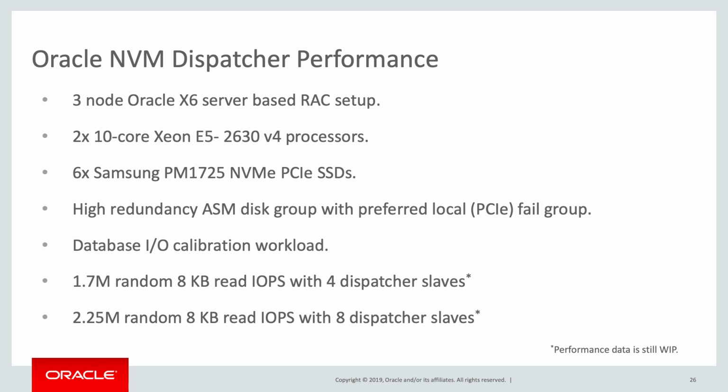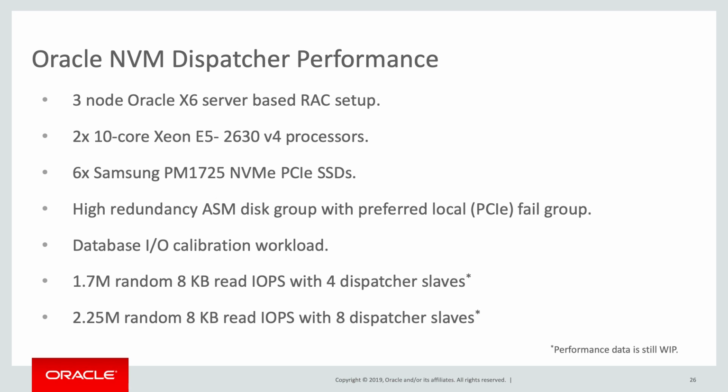It's the default, and it's the most commonly used database block size. So I would say 99% of transaction processing workloads, the workload would be 8 kilobyte random I/O. And then the read to write ratio can vary based on the application. So we noticed over here, running that random read calibration workload, with 4 dispatcher slaves, we were able to see